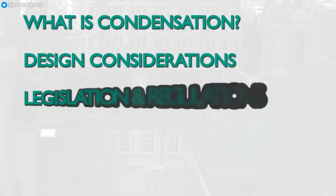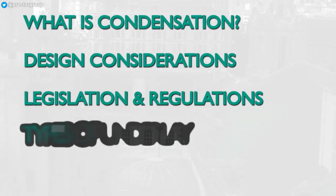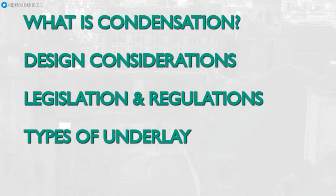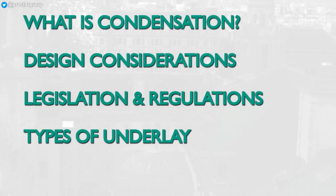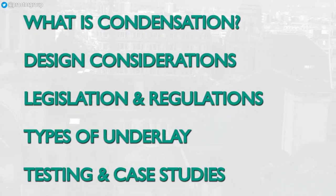We'll then move on to look at the legislation, regulations, and codes of practice that relate to underlays in pitched roofing. We'll also discuss the various types of underlay membranes available today and why the differences between them are important. Then we'll finish up with a look at some projects and practical applications before moving on to our regular live